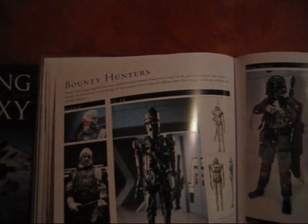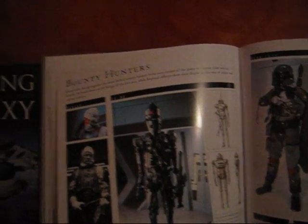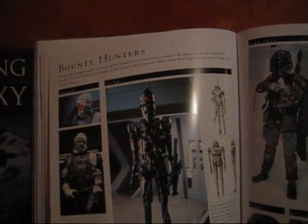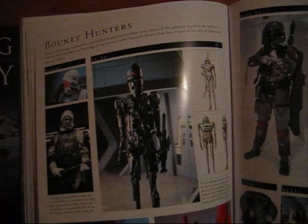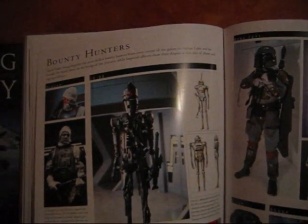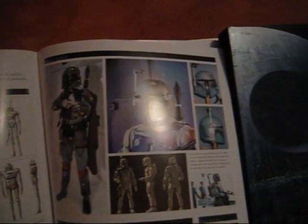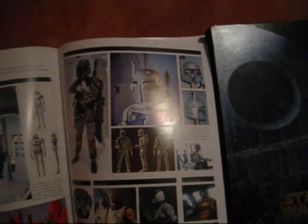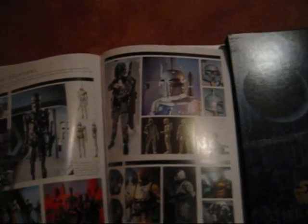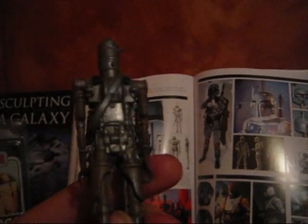So today I'm going to show you some of the figures I have, some of the bounty hunters I have, and some vintage figures, some busts as well, micro busts from the Bounty Hunters Wave by Gentle Giant, and some of the figures I collected over the years. So right, now here you can see you've got an old version of IG-88 that I got